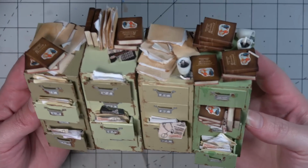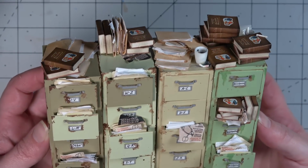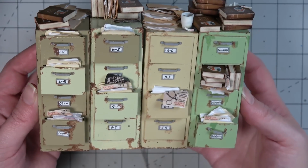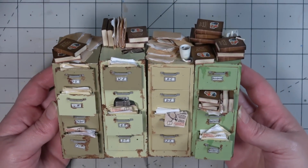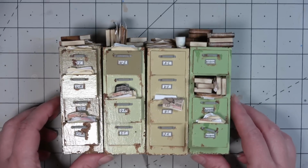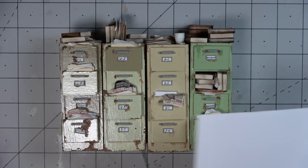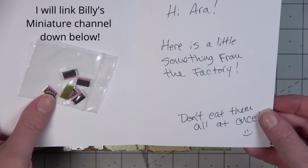I think even though they're repeats of the same things, they're blank papers and files and books, I think they're enough to be interesting. And of course, they're not the main focus of the room. They're really just meant to be background details that kind of continue to tell the story of the space that we're in. But I did think of a fun miniature that I could add that was sent to me by